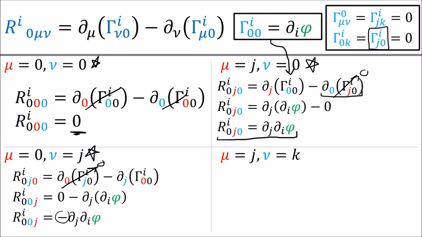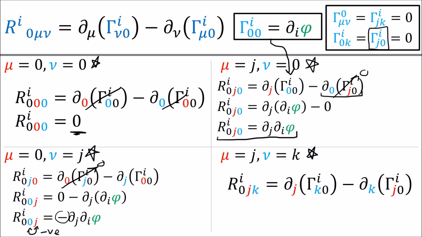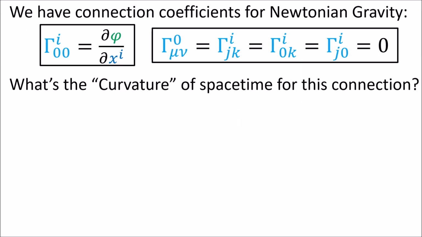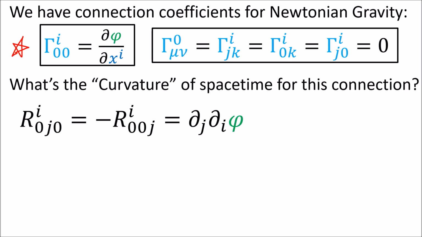This makes sense because we know that if we swap the third and fourth indices of the Riemann tensor components, we get the same component but with a negative sign in front. And for mu and nu both spatial, both terms go to 0 since gamma with lower indices that are spatial goes to 0. So to summarize all the math we just did, using these connection coefficients, we've found that there